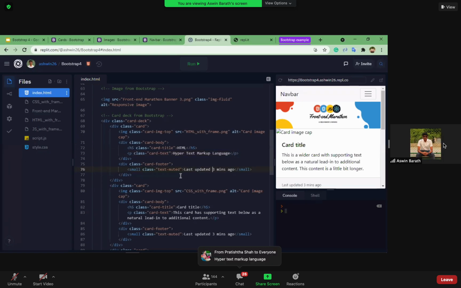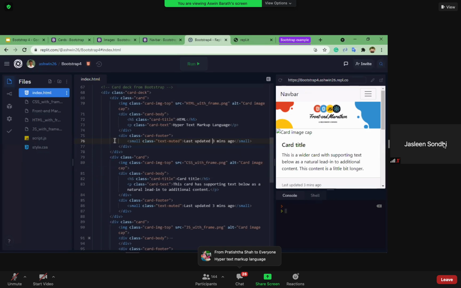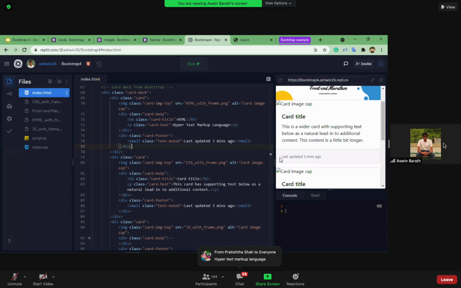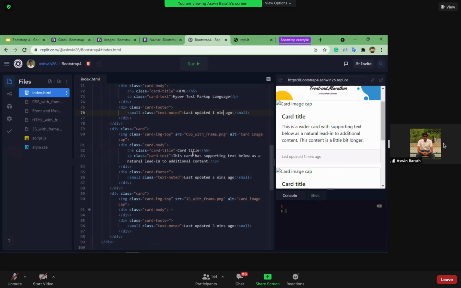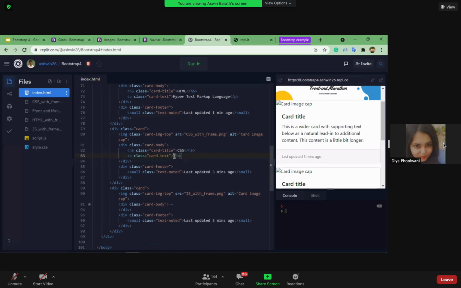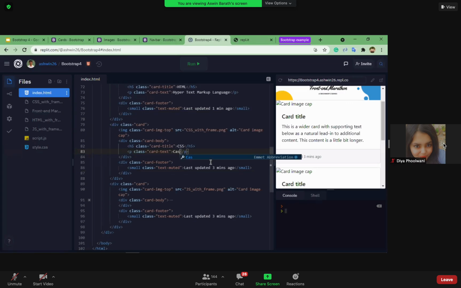Good. So we have another type of division over here called card footer. As you can see, it says last updated 3 minutes ago. Let's change it to 1 minute ago. So what is the full form for CSS? Cascading Style Sheet.